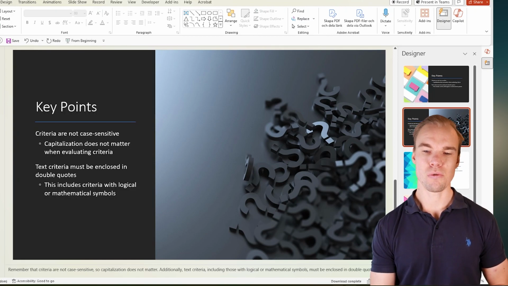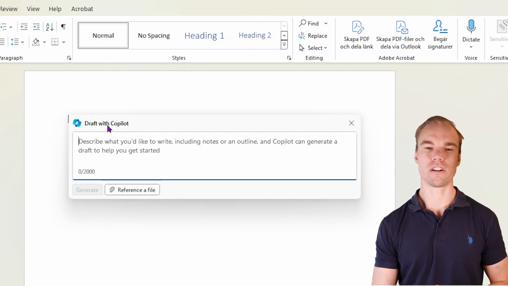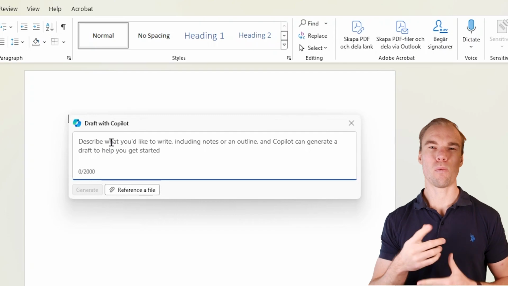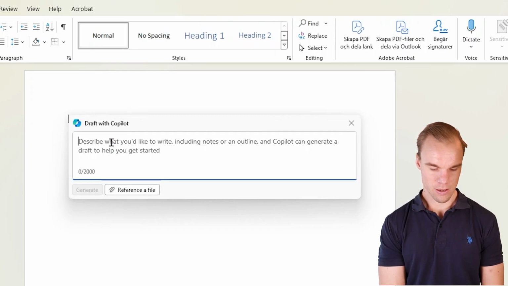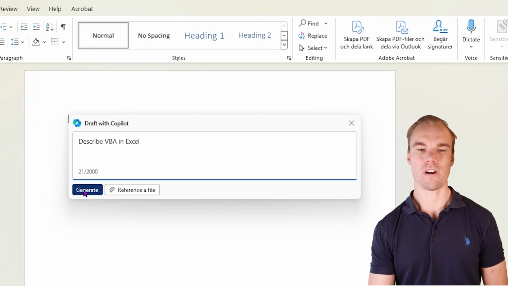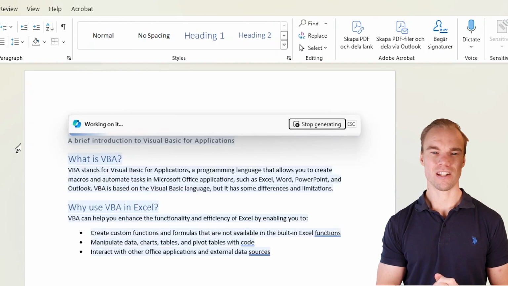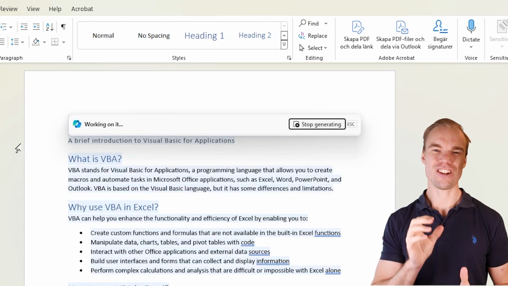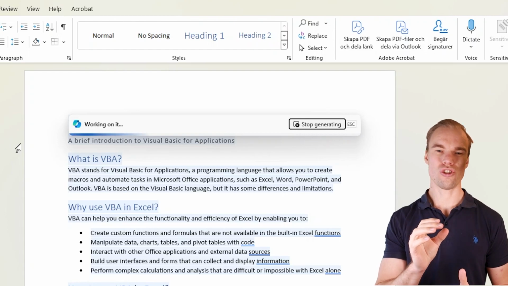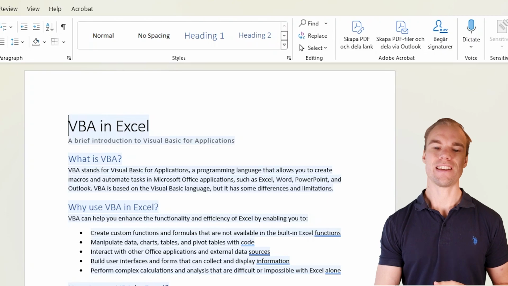Let's head over to Word. So when you open up a Word document, you'll see this draft with Copilot. You can describe whatever you want to. For example, describe VBA in Excel. That's the programmatic language in Excel. Takes a couple of seconds. It needs to think, but it actually does write good text with also headings,